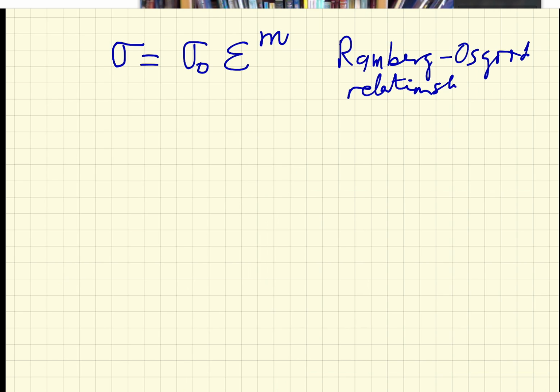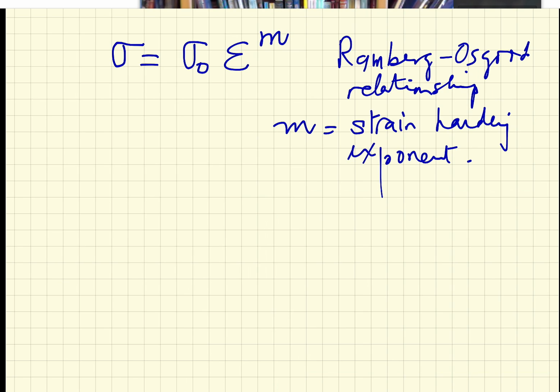And in this relationship, it is usually applied to the true stress and true strain, and m is called the strain hardening exponent. So this is a strain hardening exponent. And it's usually on the order of 0.2 to 0.3 for some of the steels. So if we apply that, we want to substitute. This is the true strain, and the true strain is